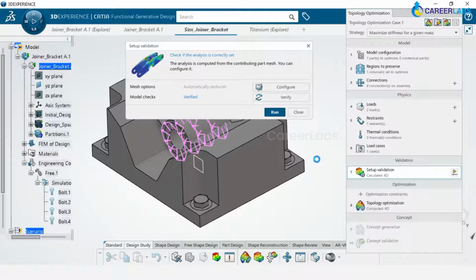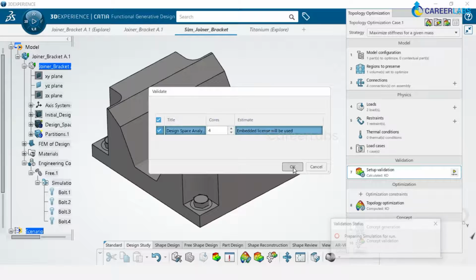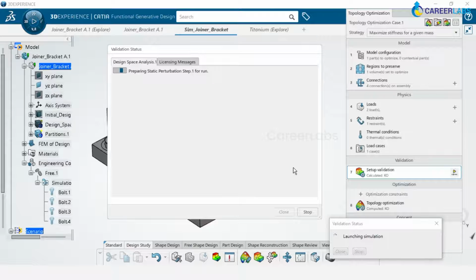So when you click on run, the next step is that we need to select the number of processing cores. Okay, so by default I go and select 4 cores. So I click on OK. So these cores are based upon the complexity of the problem, you can even go and increase the number of cores so that the solving time starts to reduce, and then it all depends upon the complexity. If it's a basic model, we can go with minimal number of cores.